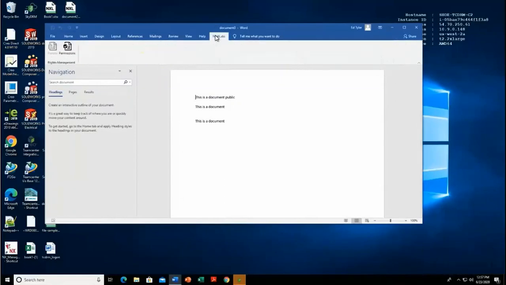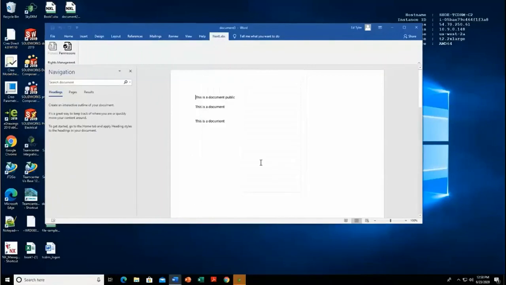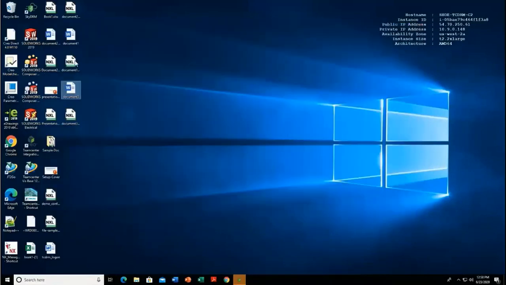And now when he goes back to NextLabs, he can view the permissions within Word and see that it's set up for view and print because the IP classification is public. And we'll see it's got the NXL extension, which means it's now been encrypted. So here from the native Word document tool, he can actually do the protection on the file. The file that's then created,